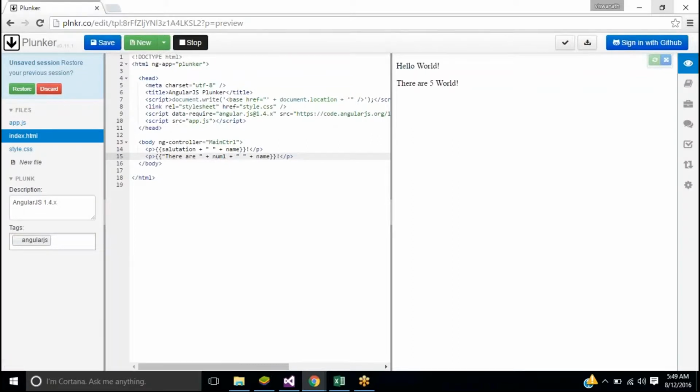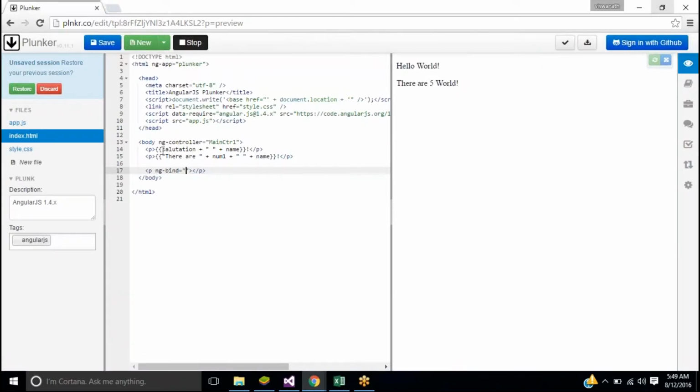One more thing I wanted to say about expressions: there's another way of writing them. Instead of writing like this, I can also use ng-bind. ng-bind is another way of writing an expression. Instead of having mustaches, you can write any expression inside it.